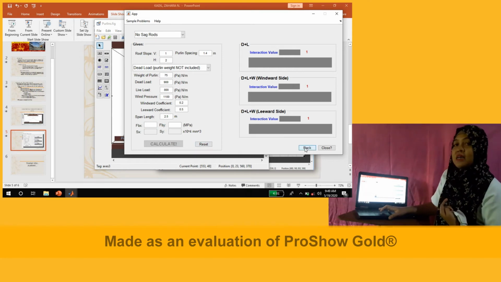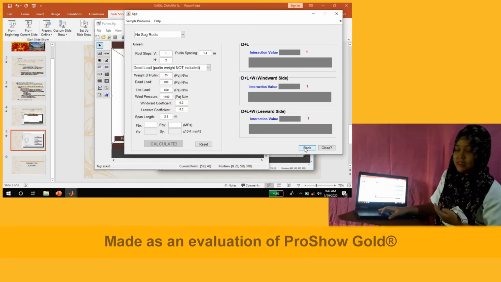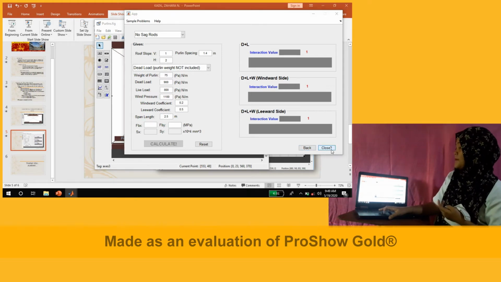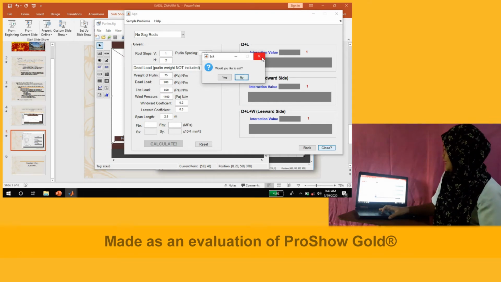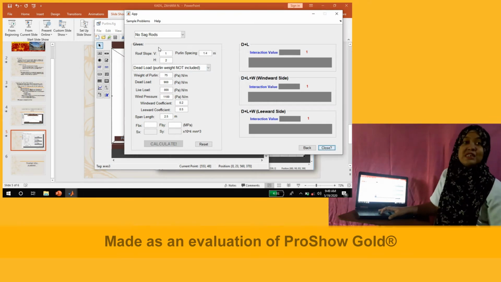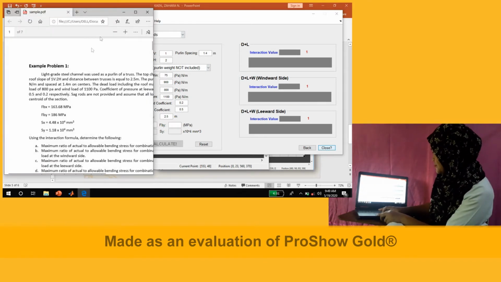And then, if you want to know more about the program, i-click lang natin itong back button. And then, itong close, magpa-pop up lang yung warning sign natin kung if you really want to exit the program na. So, wag muna kasi meron muna tayong isi-solve na sample problem. So, sample problem,